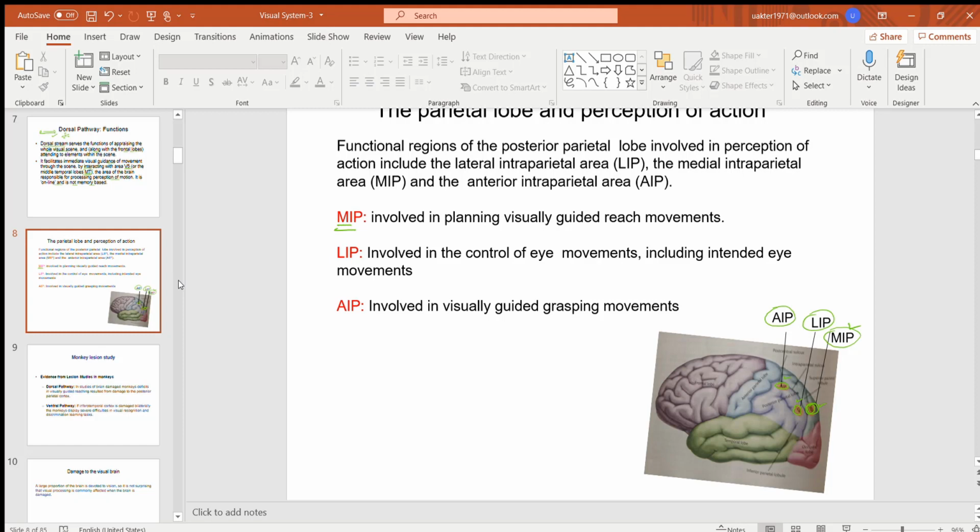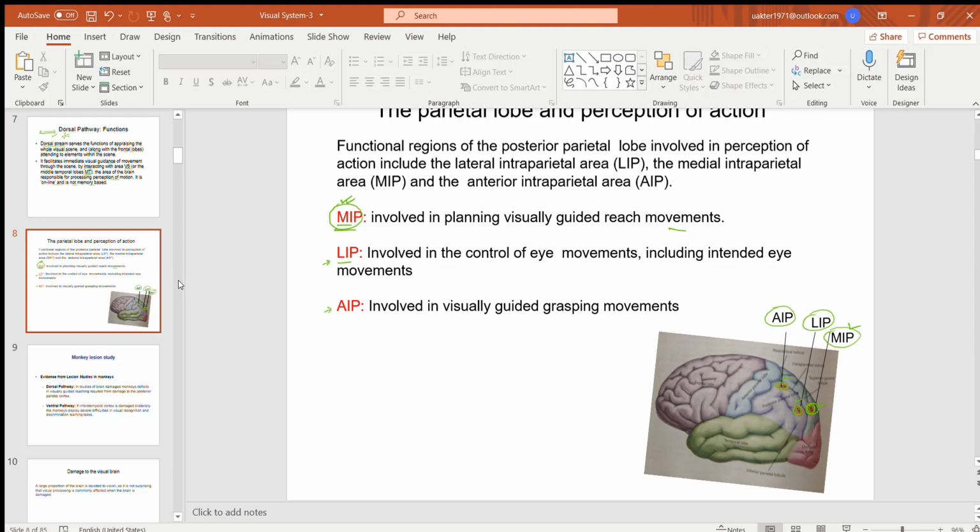Okay, or if I give you a cup of water, put on the table, you have to look at it and measure the distance, the direction, right, shape, all that information, then you move your hand. So it is visually guided, you have to see to grab it. So when you do that movement, the MIP neurons get activated. So by looking at that, we can tell that MIP neurons are involved in that task. Not LIP or AIP neurons are activated in that situation. However, LIP neurons